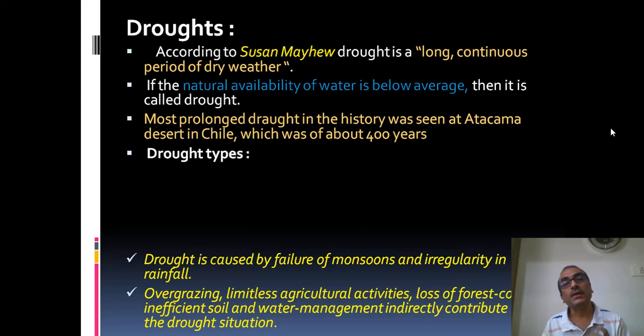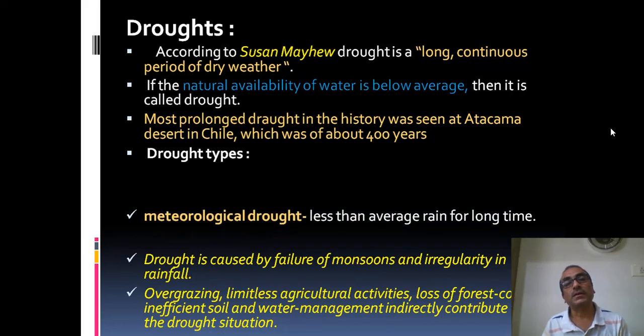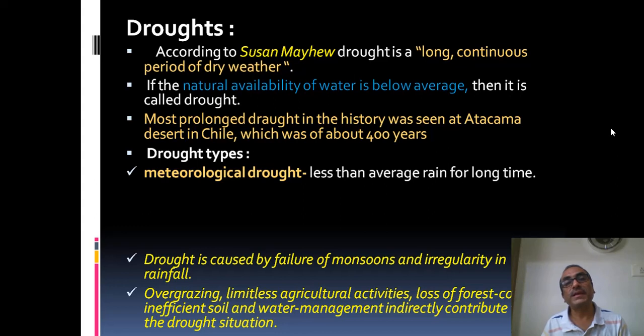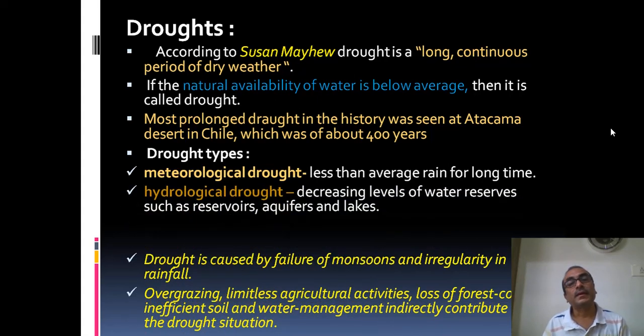Now let us see what the types of droughts are. Meteorological drought is when rainfall has become scarce. Rainfall is scanty and below average, and because of that it results in drought. Then hydrological drought, that is a decreasing level of the reserve of water in the reservoirs,